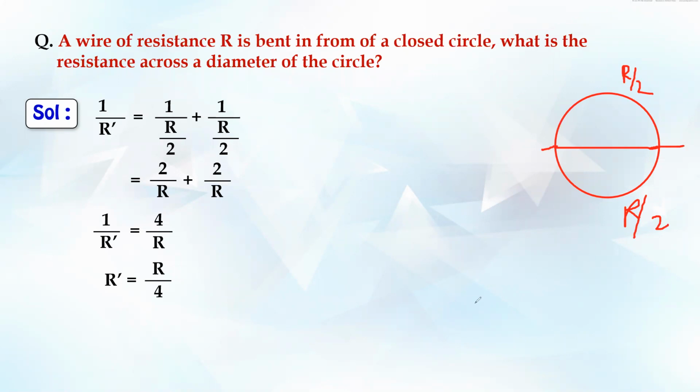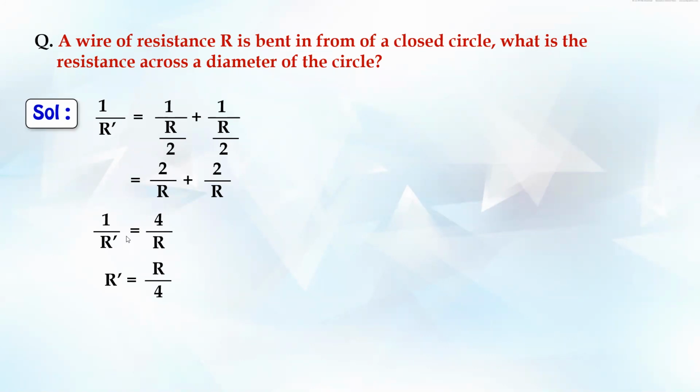If you see, it's like this now. One upper resistance and one lower resistance, with the common point of both over here. So we have a common point over here and here. Since both are in parallel, I can write 1 upon R1 plus 1 upon R2, which is nothing but R/2, right? This goes in the numerator because it is 2 upon R, 2 upon R. Then the calculation part is easy. R comes in the denominator once, and the top becomes 4. Taking the reciprocal, we get R dash. So that's how it has to be, right? So this was one sum.